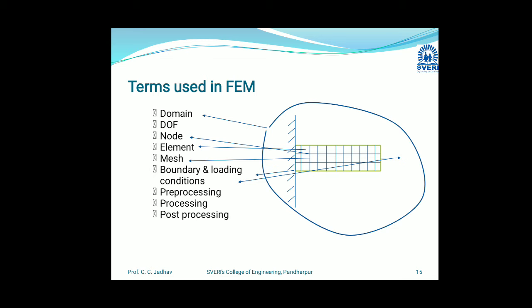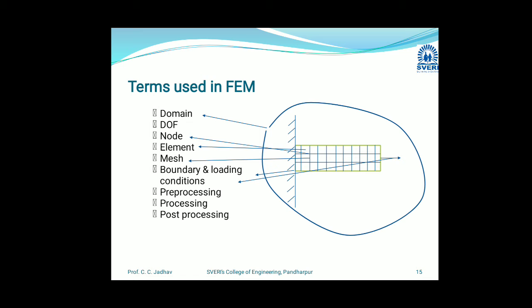In the processing phase, it involves applying boundary and loading conditions and the actual solution of the domain using computers when the generated equation is solved. So after the pre-processing, after creating the domain and mesh, we move towards applying the various loading and boundary conditions, and then we get the actual solution of the domain by using computer analysis, with the generated equation solved. So this is the actual solution phase of the FEM.